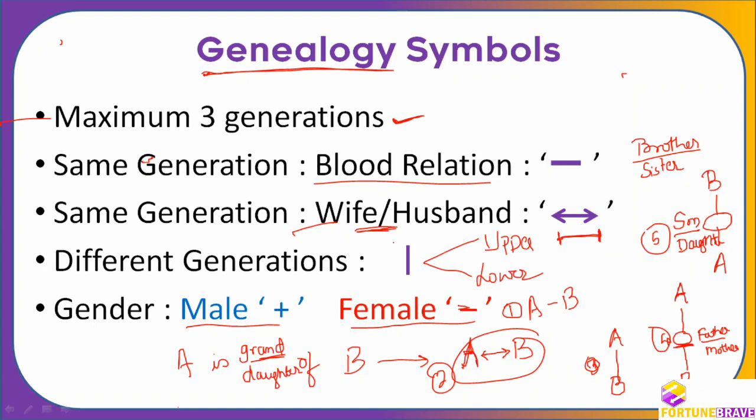Okay, so male will be denoted with a plus, and female will be denoted with the minus. This is not dash, this is minus, and we are normally going to write it up like I am going to show you. A is brother of B means I am going to write it above here. Okay, A plus means A is brother of B. We do not know the gender of B here.